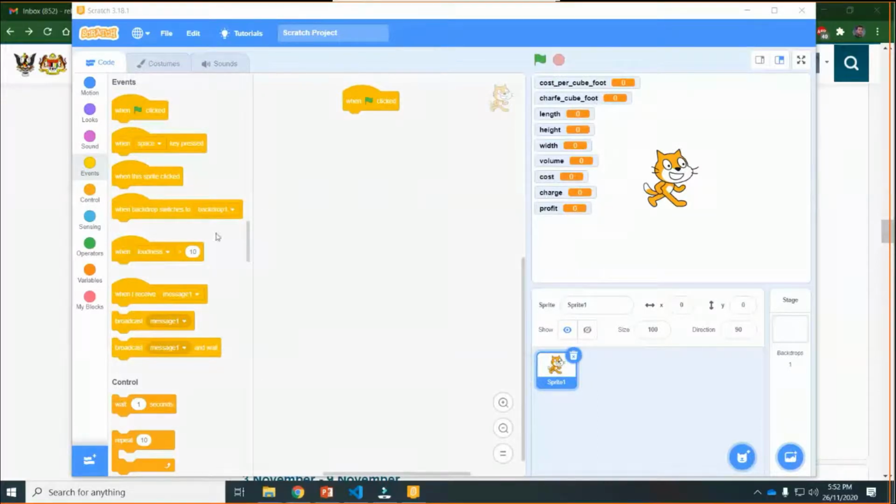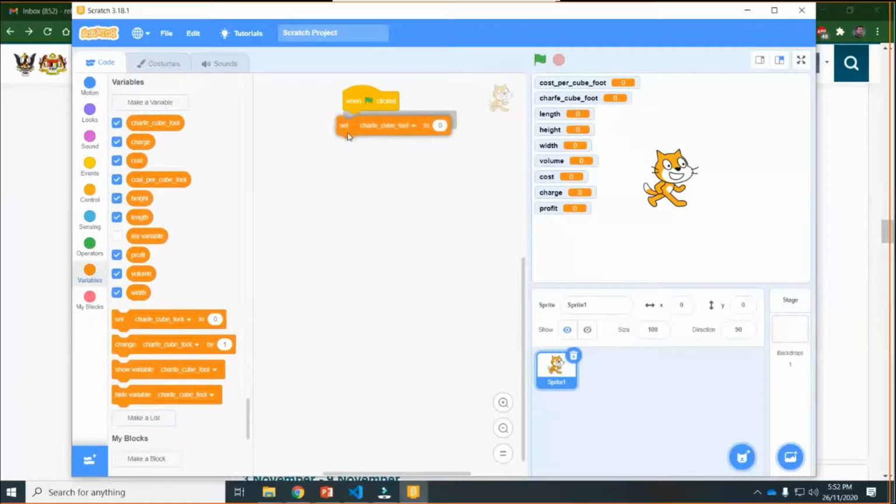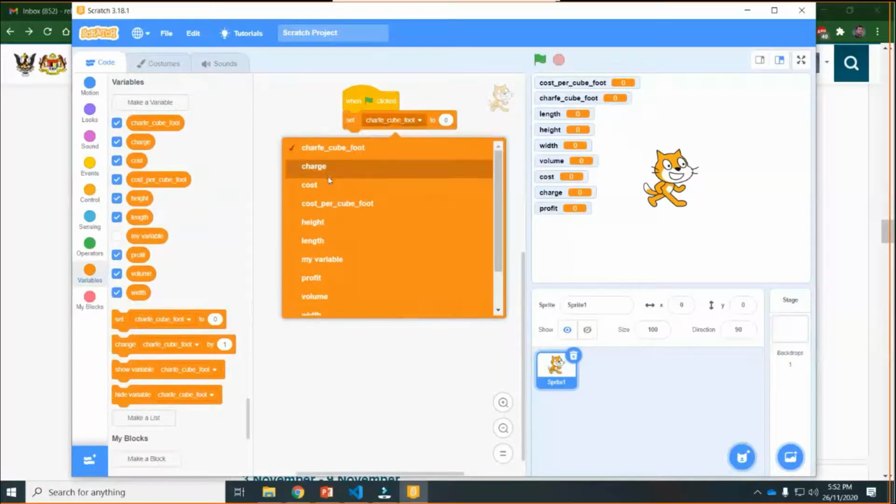So how to give values to this? You go to variables again and click set. Set, and you see set here. When you click the drop down, you will see all the variables that we created.